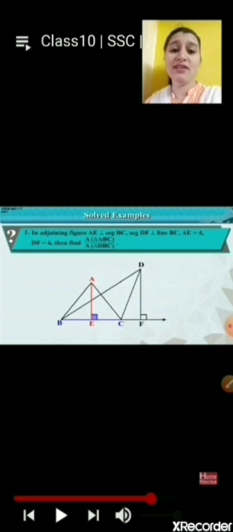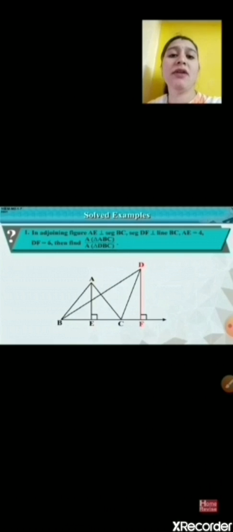So let me start with the solved sums. In the adjoining figure, AE is perpendicular to segment BC, segment DF is perpendicular to BC, AE is 4, DF is 6. Find area of triangle. So you can see here the value is given of both the heights of a triangle. So let me start with the area of triangle ABC and area of triangle DBC. So base into height, that is ABC, BC upon